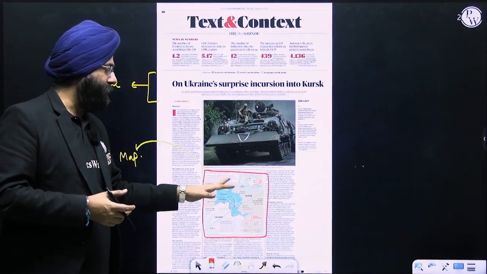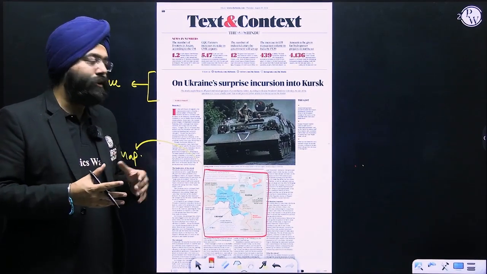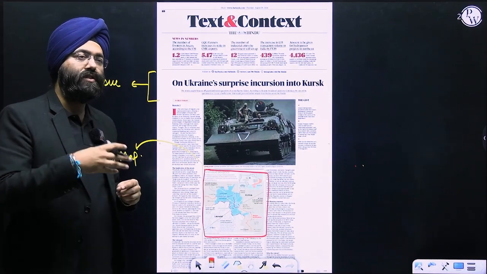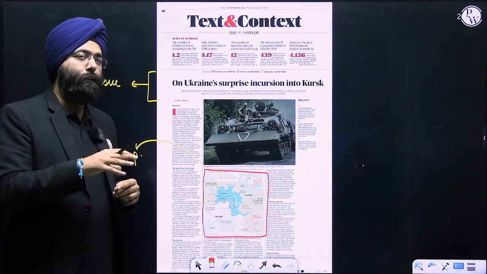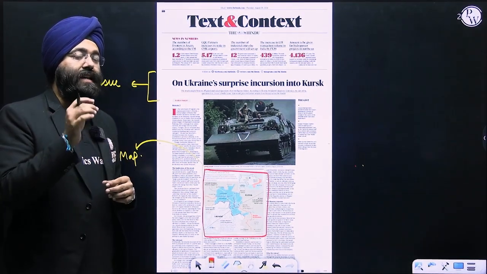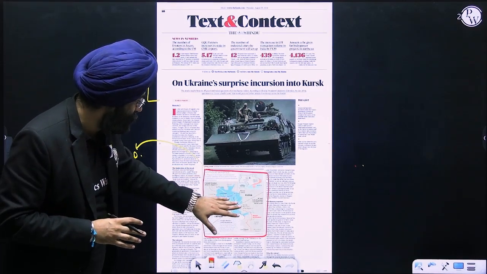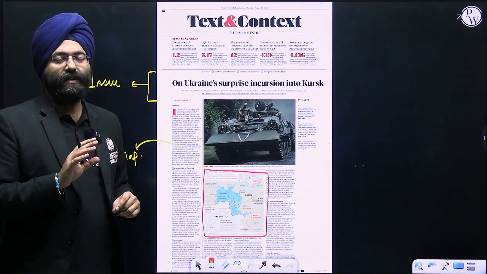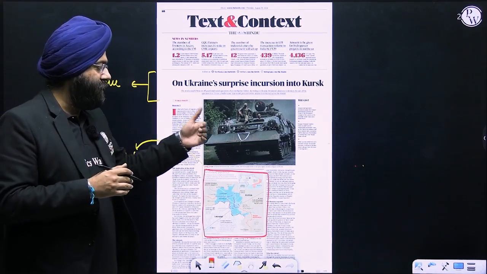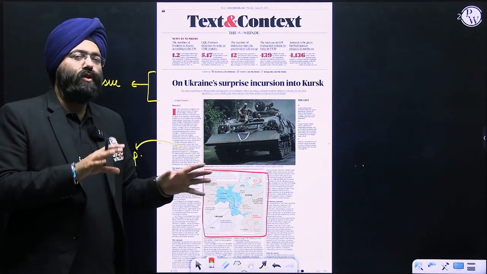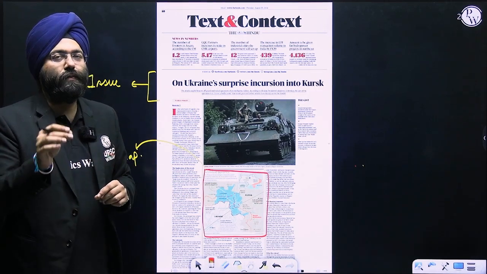Second thing, there's also a map here. Now, I will not say that you just keep on seeing this map, but remember one thing, there are certain questions in the preliminary examination where map questions can be asked. With that respect, having a view of certain places becomes important, right? Obviously, the monthly magazines also do use this, but just have a look because it is always better to be a little better prepared than your competitor.